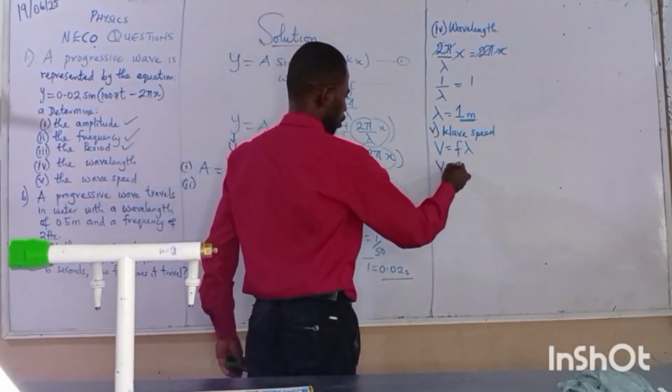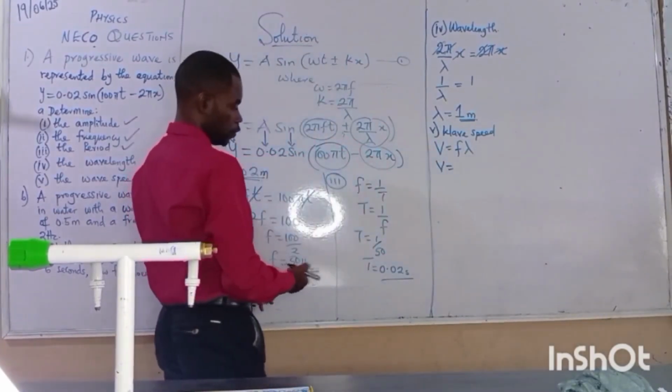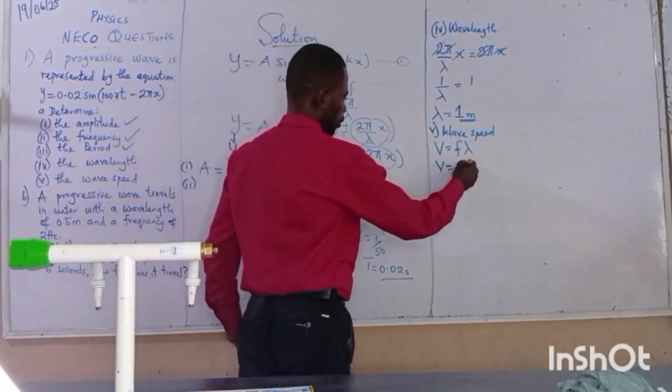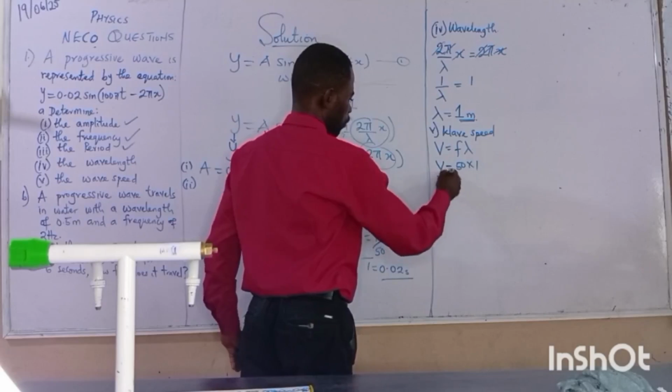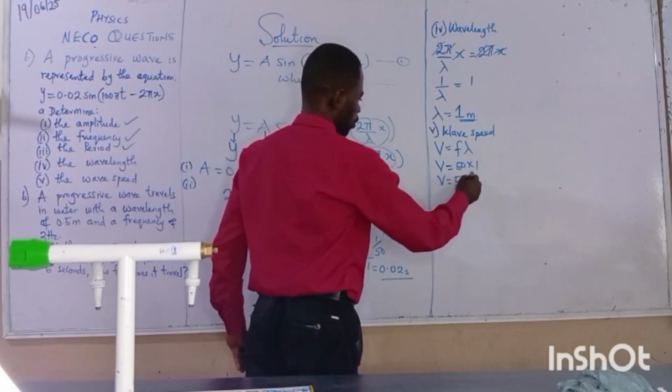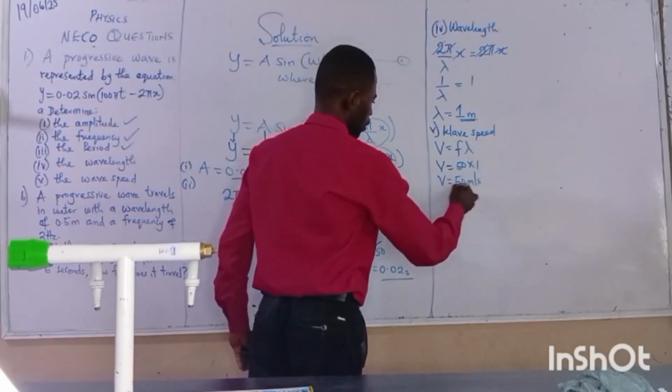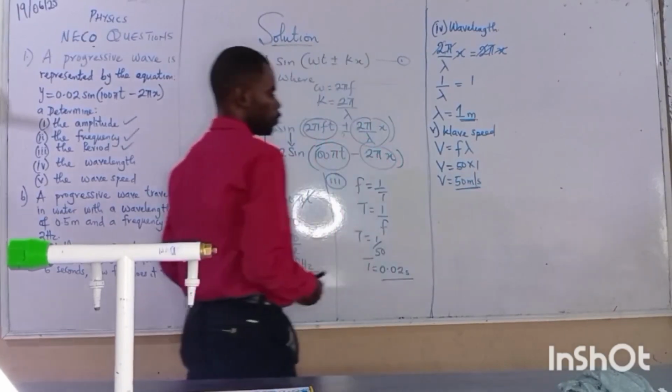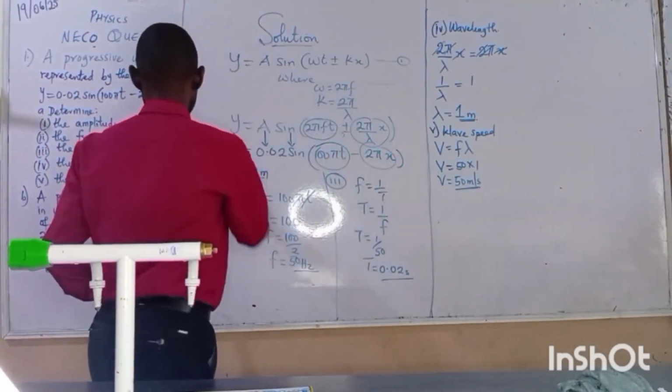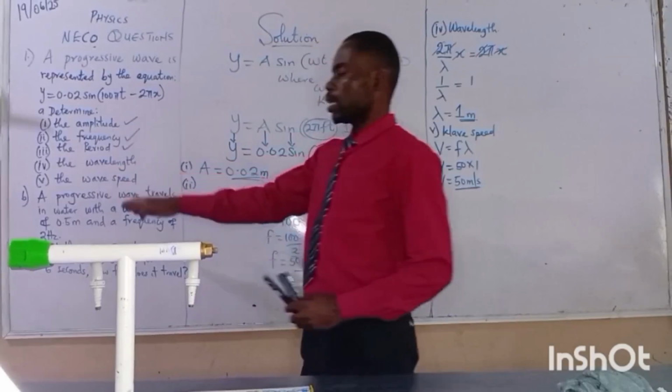That's V equals 50 times 1, and V equals 50 meters per second. And that is how we finish that question about the progressive wave. The next question,